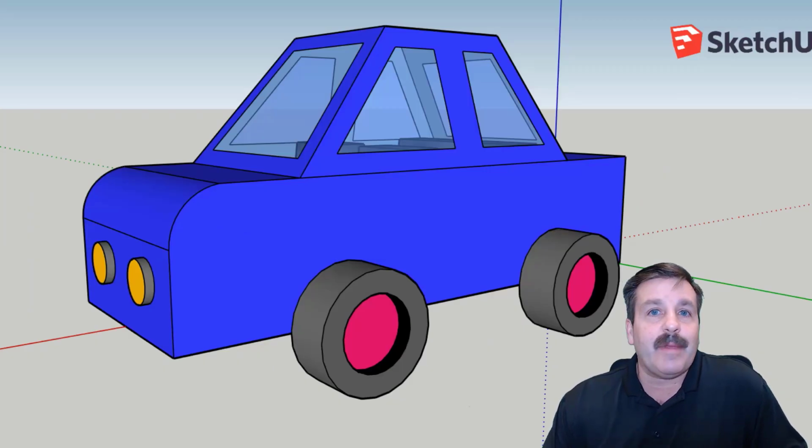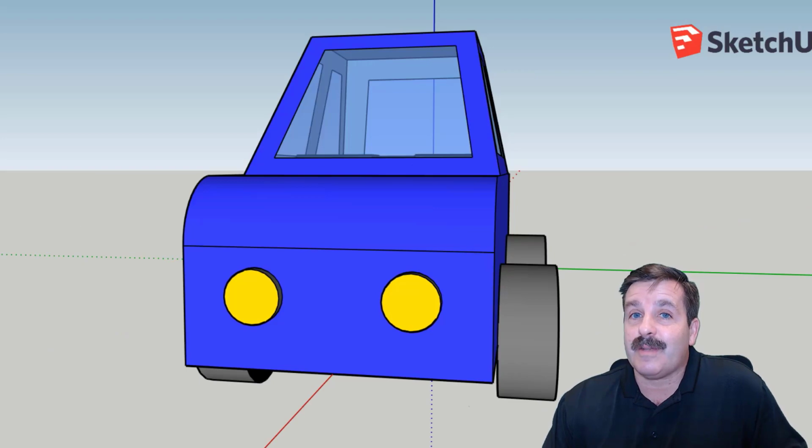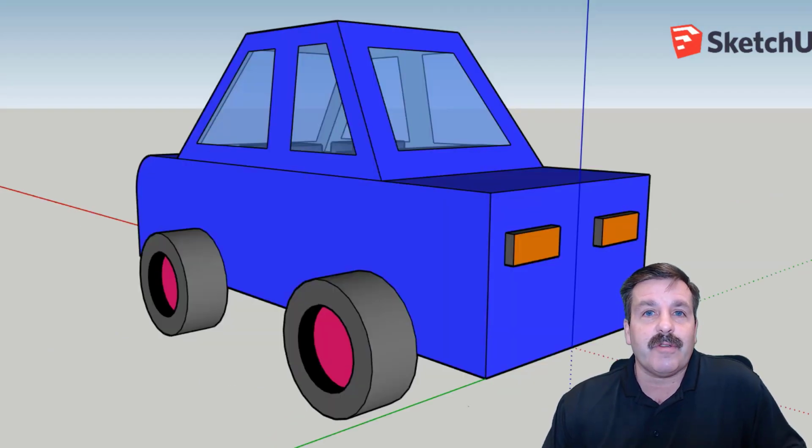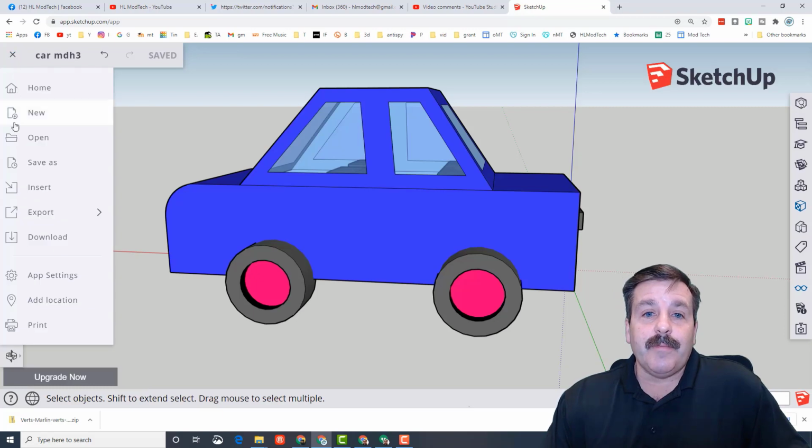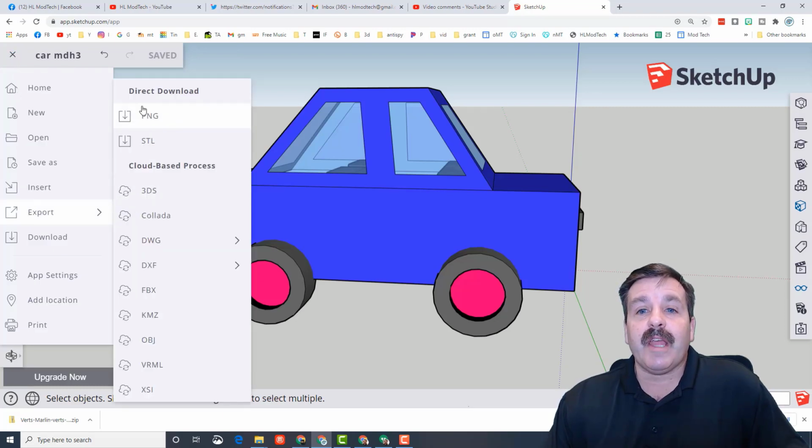We've put a lot of time in it, and hopefully you've learned a lot of skills and mastered a lot of shortcuts. You can still add cool things like a spoiler. You can change anything you want. You could have brake lights, tail lights. You could even add a license plate. I just recommend everything you do, you either make as a group or a component so it's easier to place it where it goes. Friends, if you do make something awesome, don't forget you can export as a PNG, and